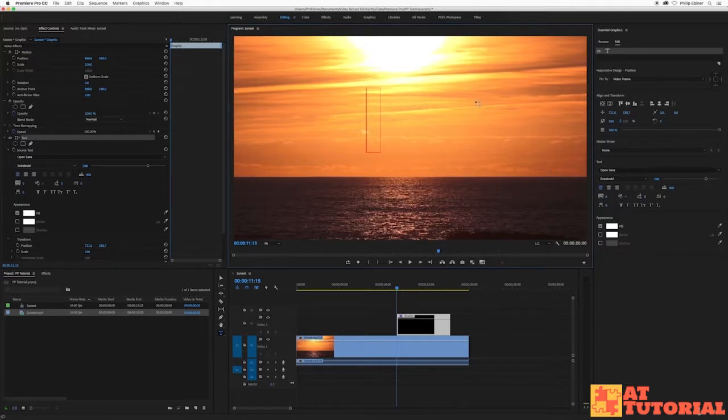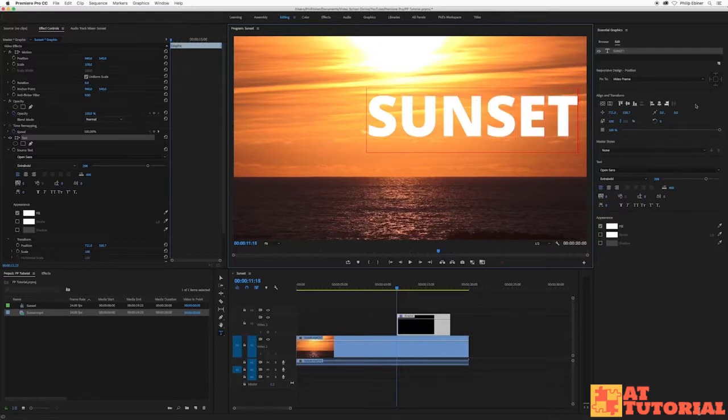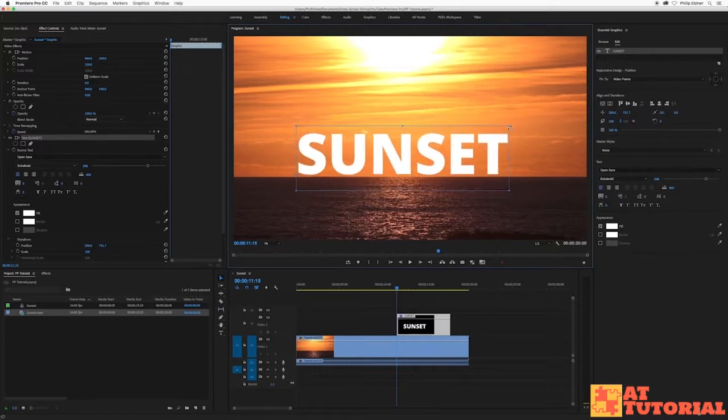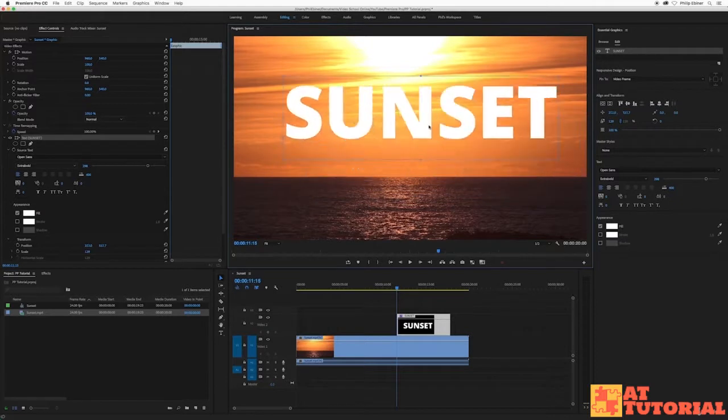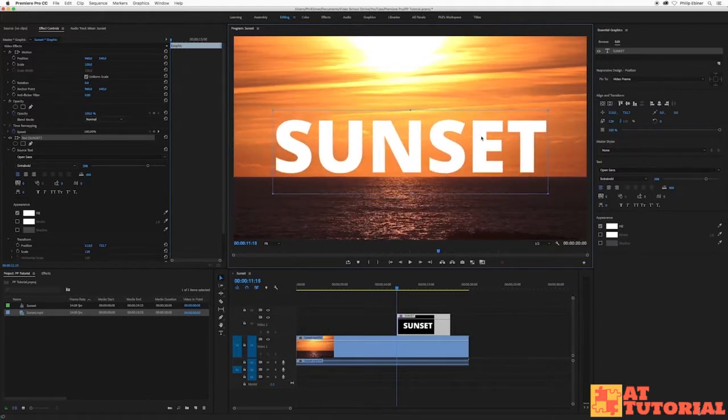So I'm just going to type sunset, make it all caps. And I have chosen a font that is bold. I used Open Sans. I'm opening up and editing this over here in the Essential Graphics panel. And it's typically better when you have a big, bold font so that you can see the background image. So I'm just going to place this where I think I want the video to play through, so right above